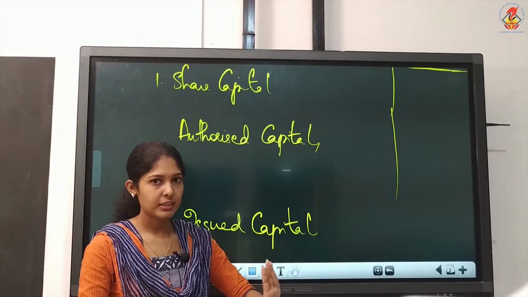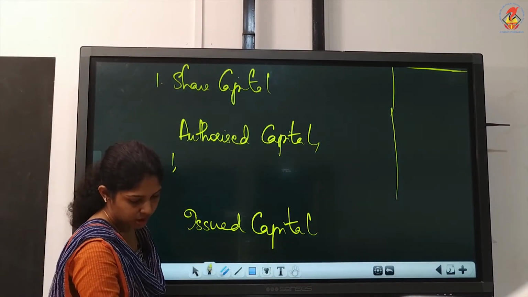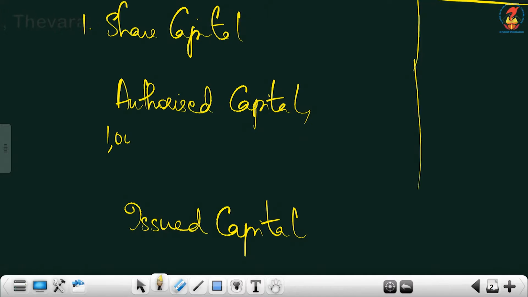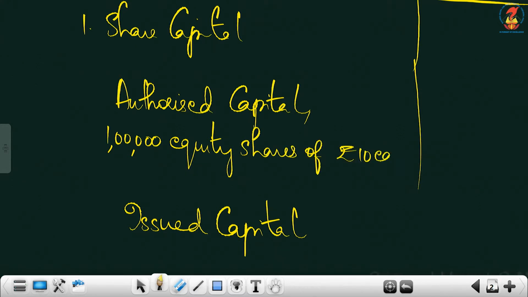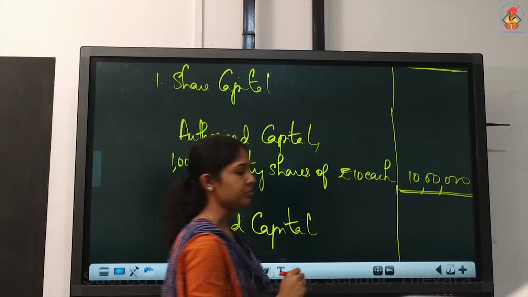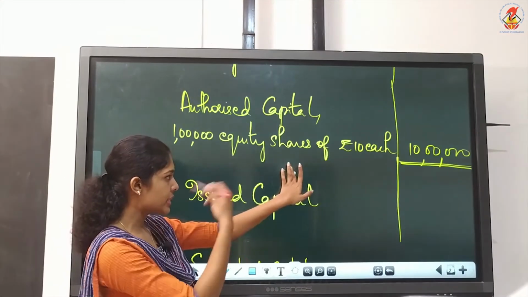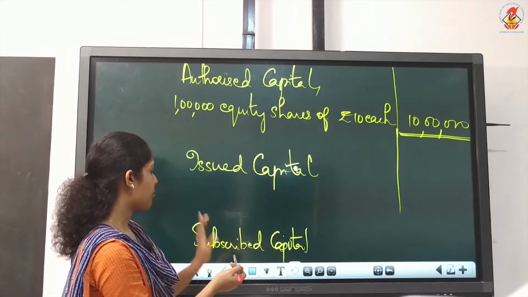Directly you can't write that 10 lakhs. This is how you have to write. How many shares do they have? 1 lakh equity shares of rupees 10 each. That denomination you have to show. So it is 1 lakh, specify whether it is equity or preference. So here it is equity shares. So 1 lakh equity shares of rupees 10 each. Then in the amount column you can write 10 lakhs. Double line that amount. Every amount you will be doing like this. The division also we have to show: how it is 10 lakhs, what is the face value, what is the number of shares.